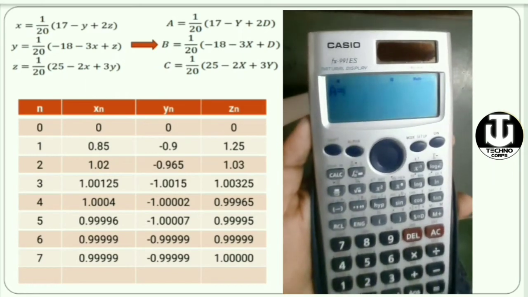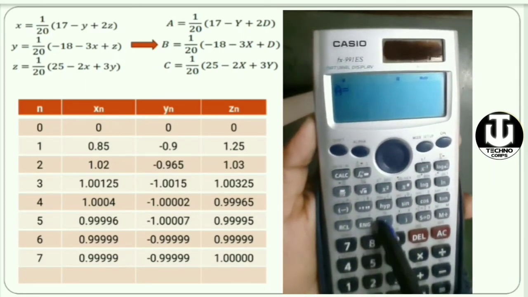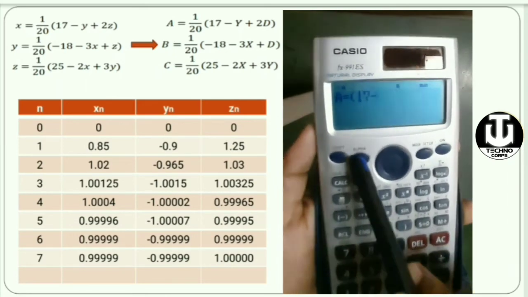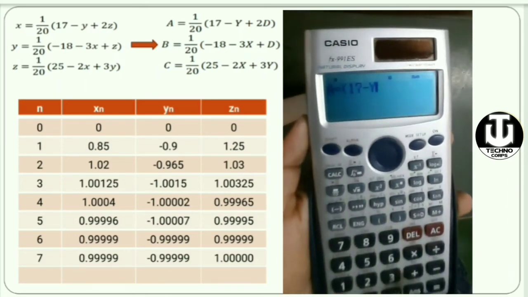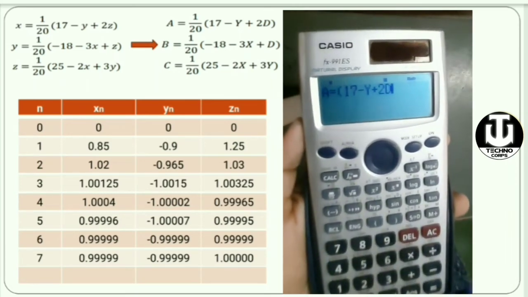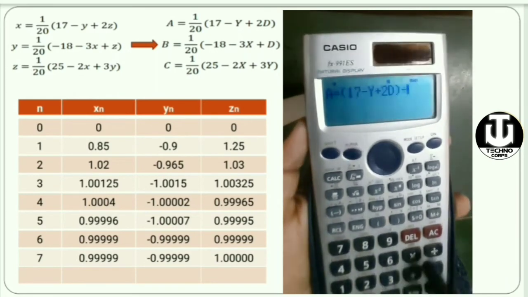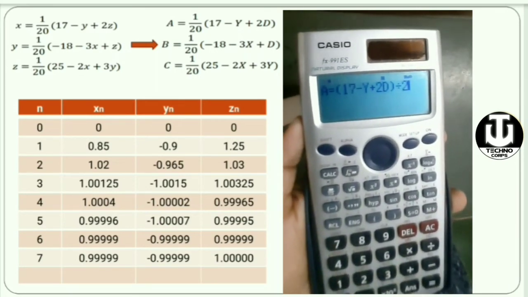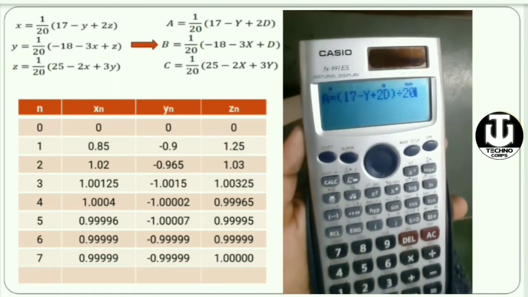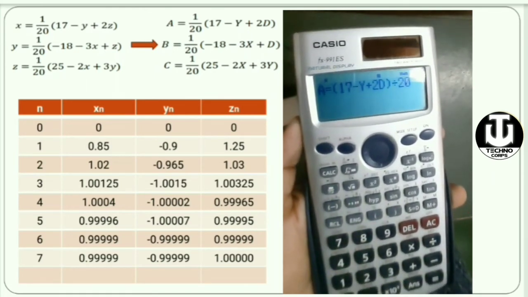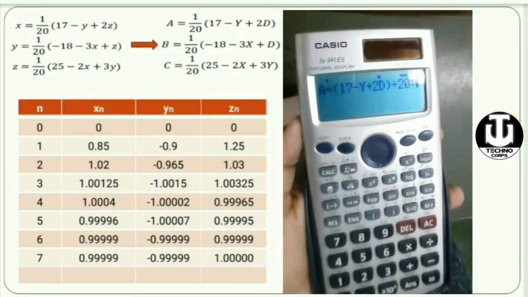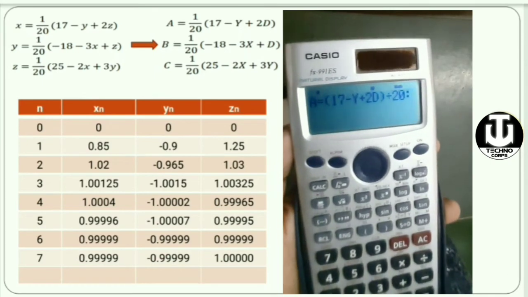that means activated with alpha. So A equals, in bracket, 17 minus y plus 2d. As the z variable is not available, I have used d as z. So this is my first equation. Now I have to enter all three equations in the same line. The equations are separated with this colon, which is also with alpha. So I used colon to separate each equation.